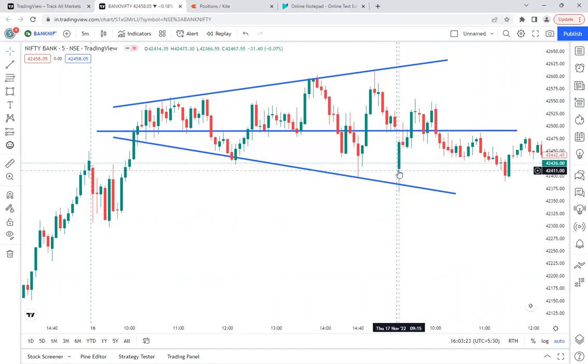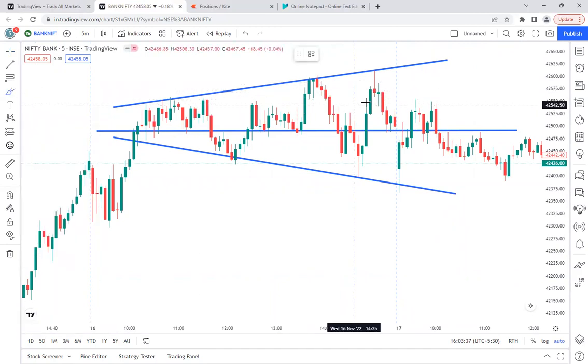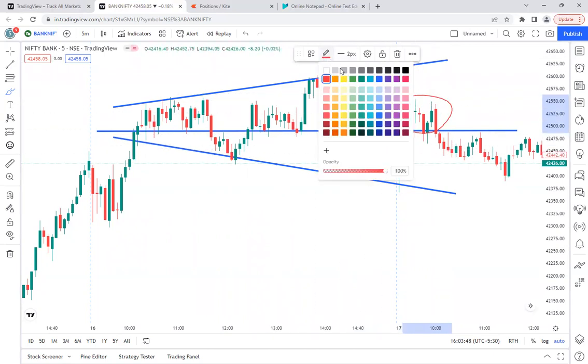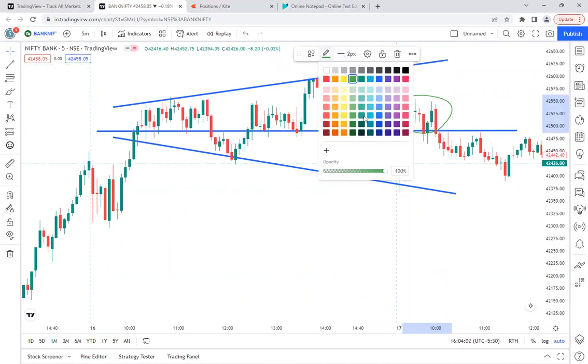I know there will be some kind of difference compared to this. What I'm seeing is that the market opened here, fell down, went below that point, and started going up. Here I already guessed that this may be a failing point, because if they go to this point, that means they are making the same pattern. I thought they would not make the same pattern again. But to show that they are going to do the same pattern, they will do this move. So I know that this will come. One minute, I'm highlighting the color so that it will be visible.